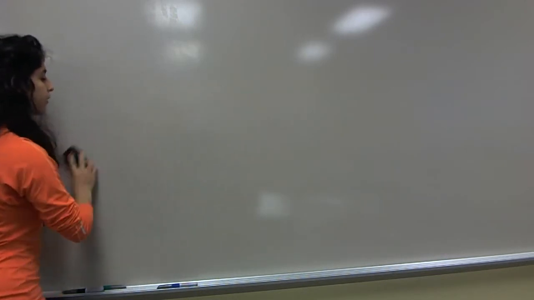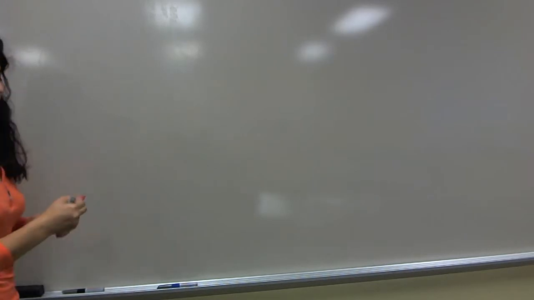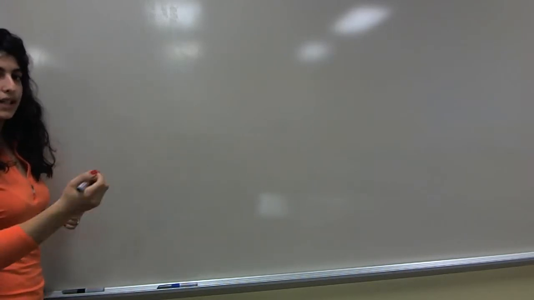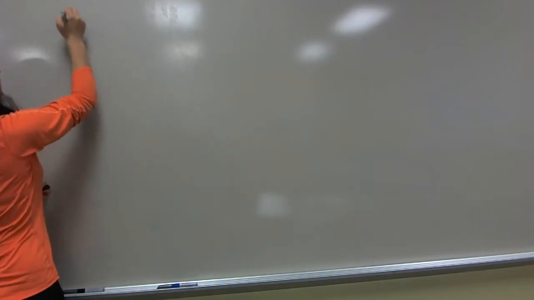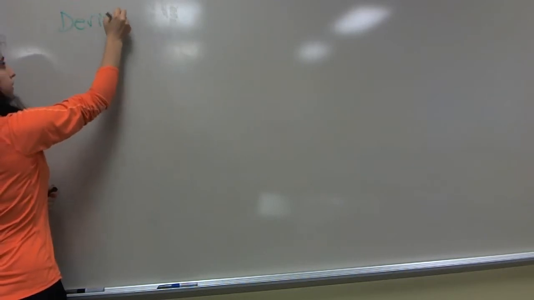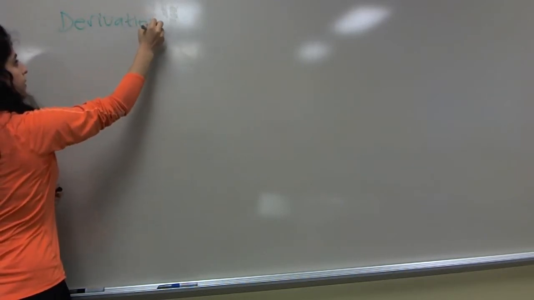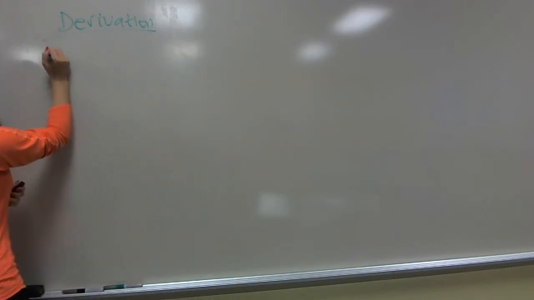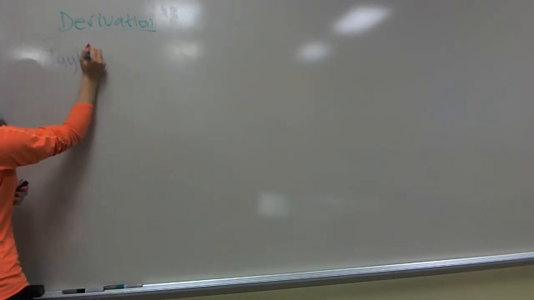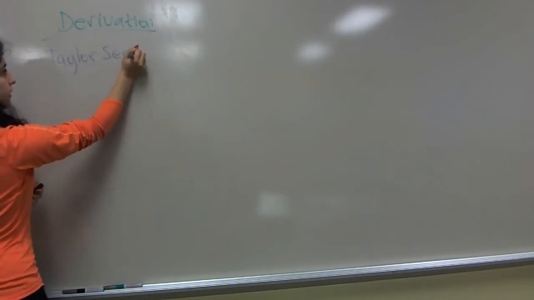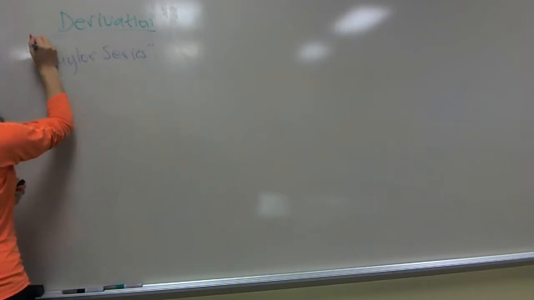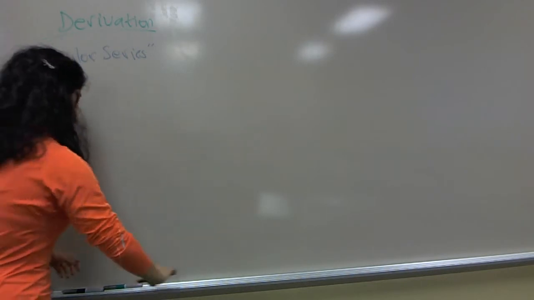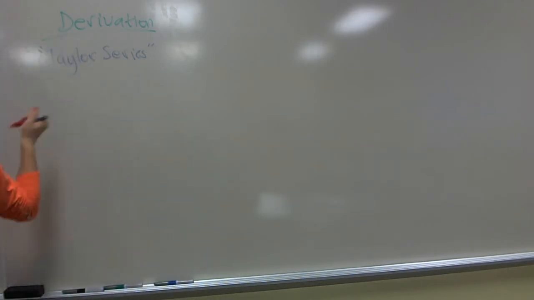Okay, so now we have that, and what we're going to do next to be able to find the relationship between A and B and P and Q is differentiate. And to do that, we are going to use what is known as the method of a Taylor series. Okay. So, by doing that, we find that dF